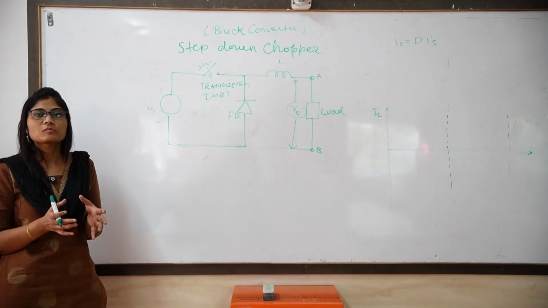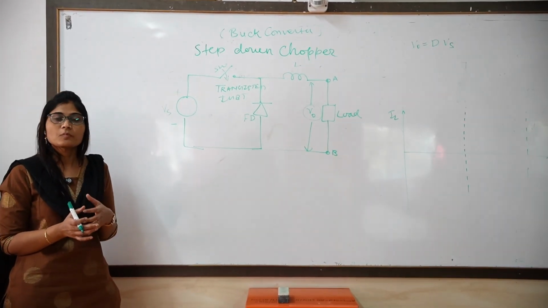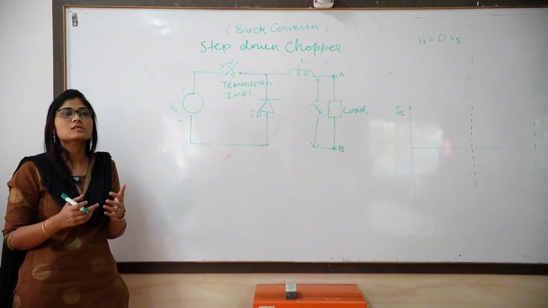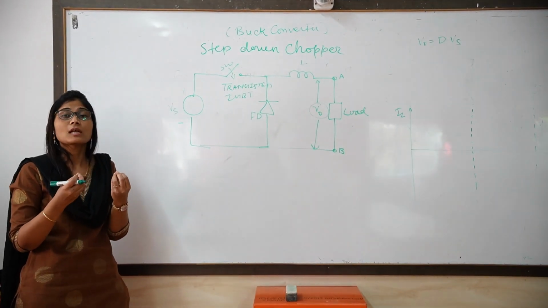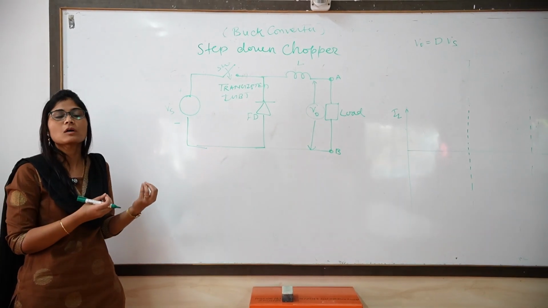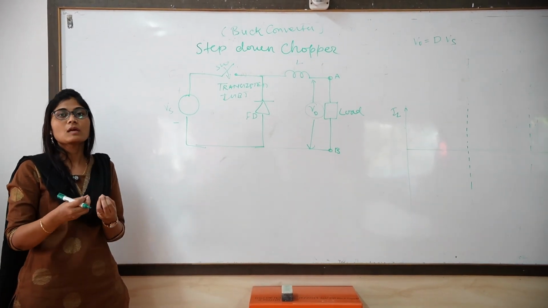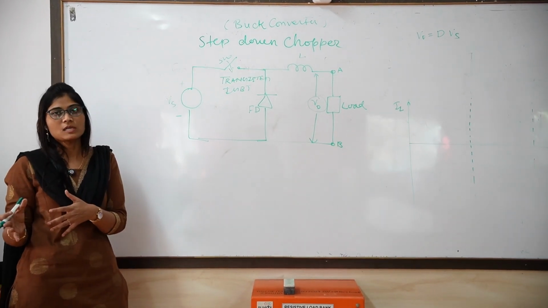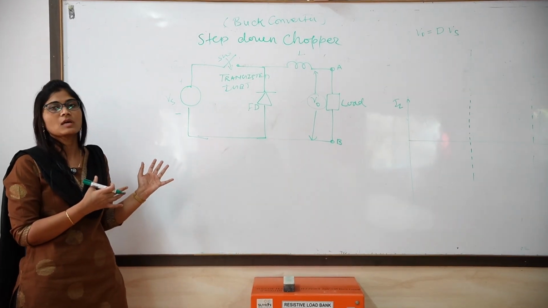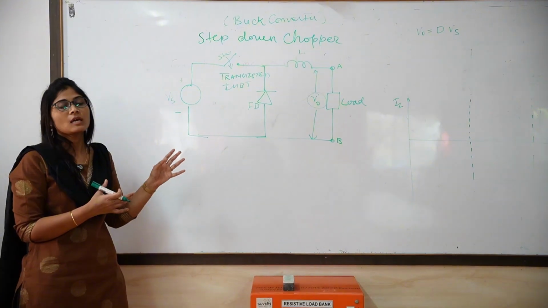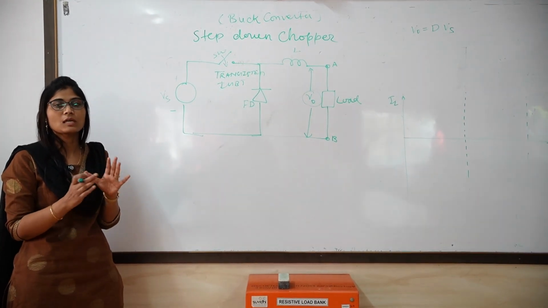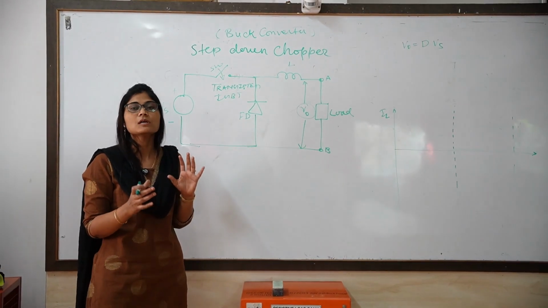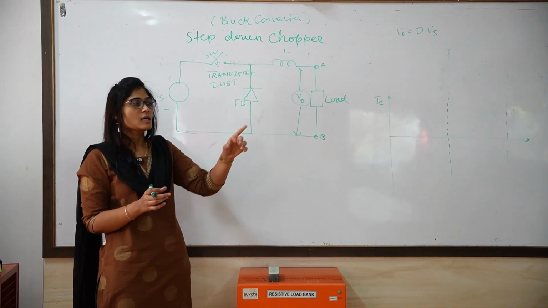So what will be the application of this kind of chopper? These choppers are generally used to control the speed of a DC motor, or even for SMPS. There are a lot of applications where you can use this converter, where you require a variable voltage. The chopper itself converts fixed DC to variable DC. Especially the buck converter we are going to see in the practical with a DC motor, so that we can correlate how the speed is varying as per the on and off period of the switch. So let's perform the practical on our kit.